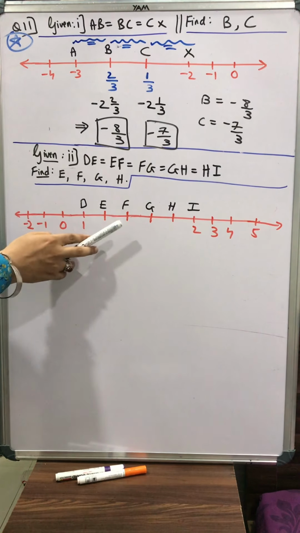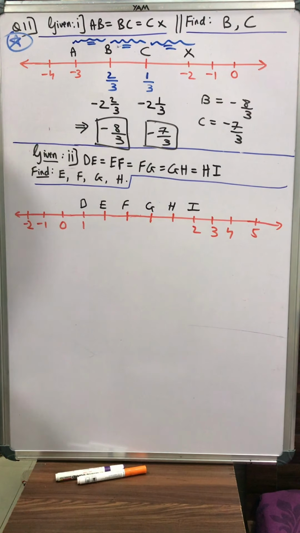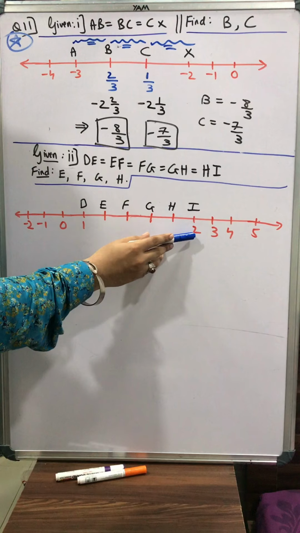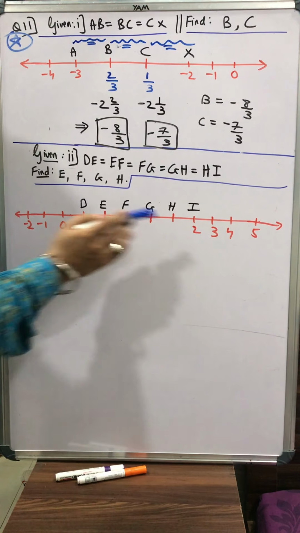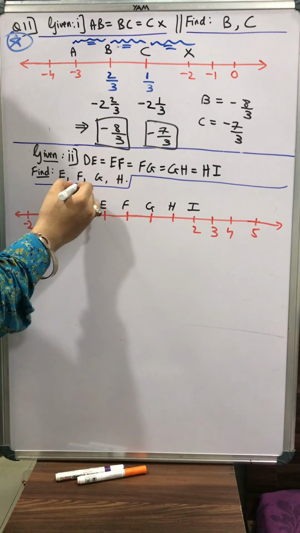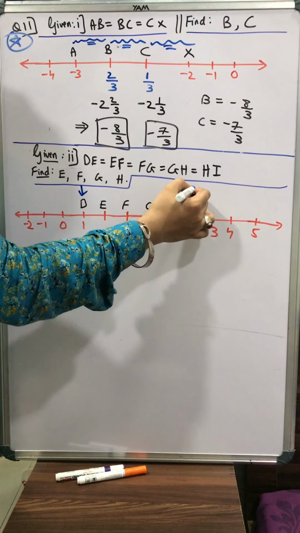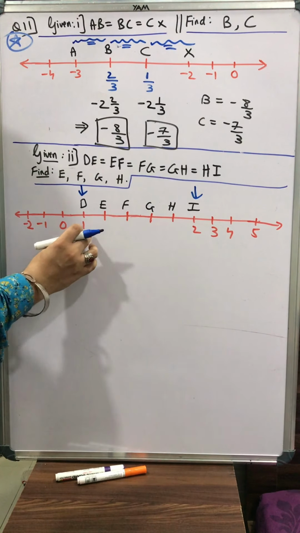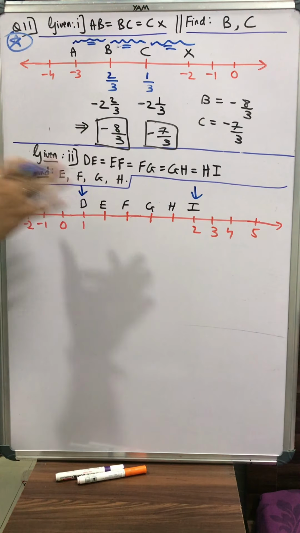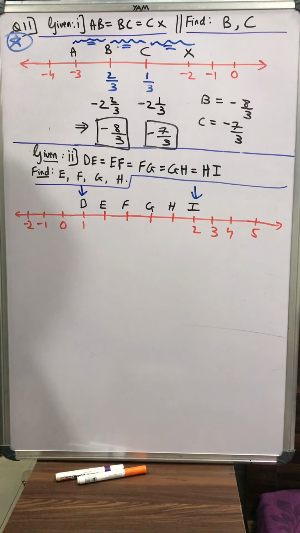Now the same thing, students, over here. Now if you see, here we have 0 and here we have 1. Sorry, after 0 I have 1 here and here I have 2. That means whatever is the case over here is just between D and I. D is like 1 for us and I is like 2 for us. So between 1 and 2 or whatever is happening over here. So can I say here a piece of cake is between 1 and 2?